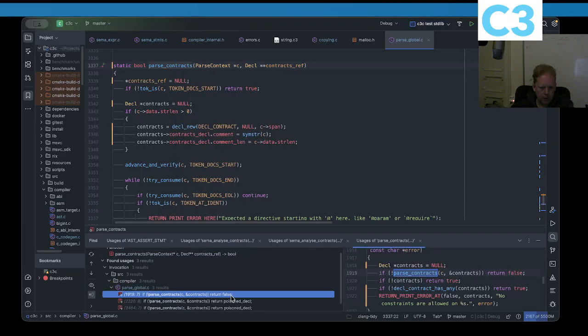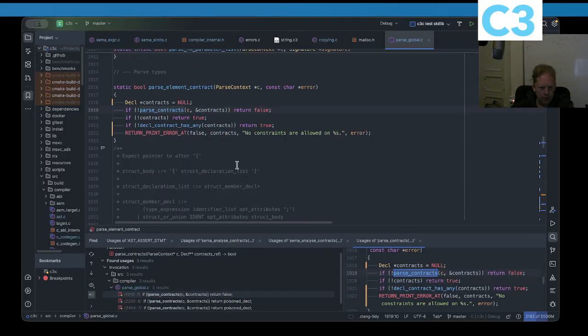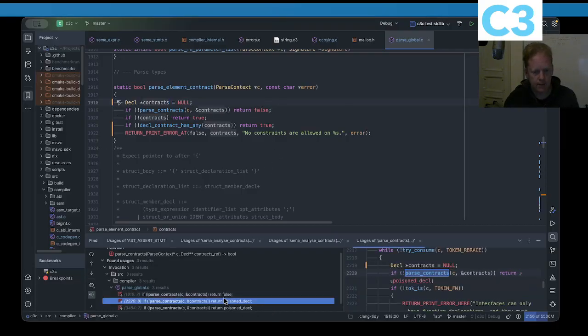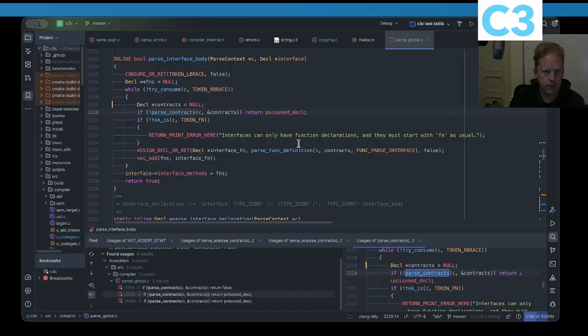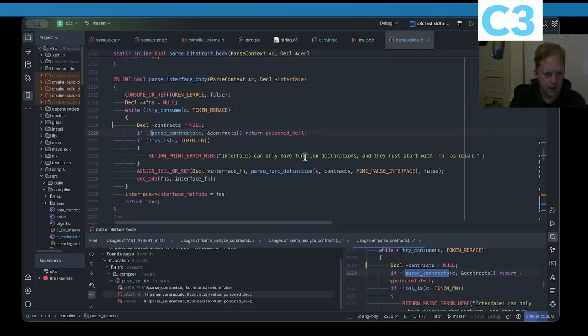Parse contract contracts. Okay, yeah, it's just getting this right. And it could instead have this. You parse it and then you look at things, and here you essentially discard it, right? There's no need to create that. We could have it parsed in a few places, and then you could take that